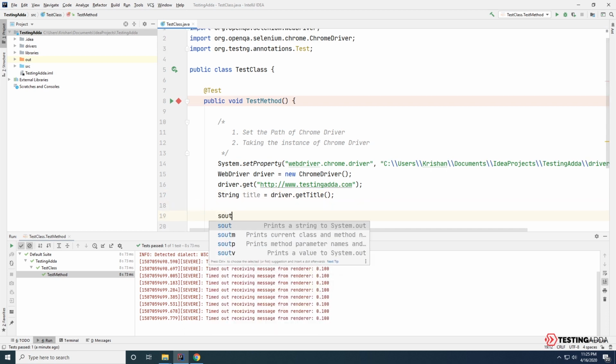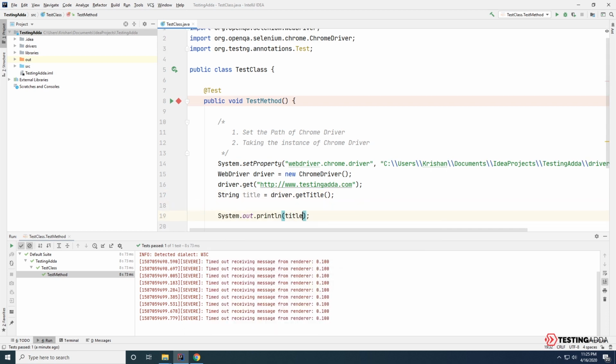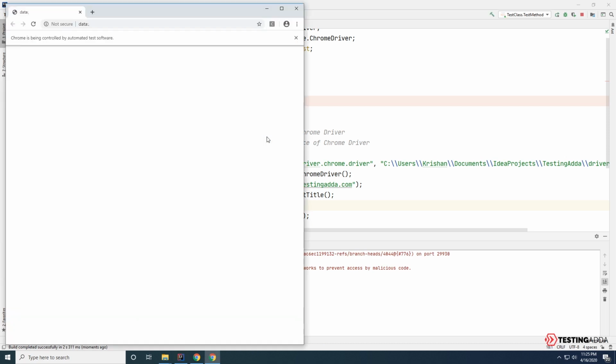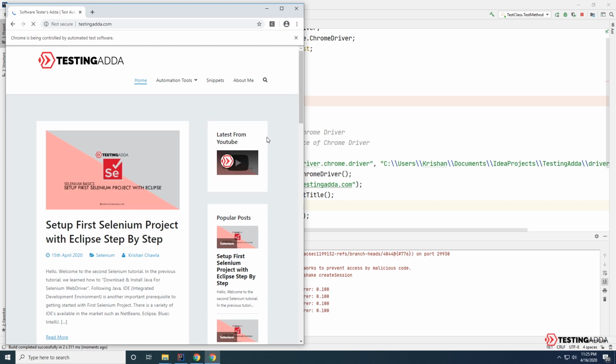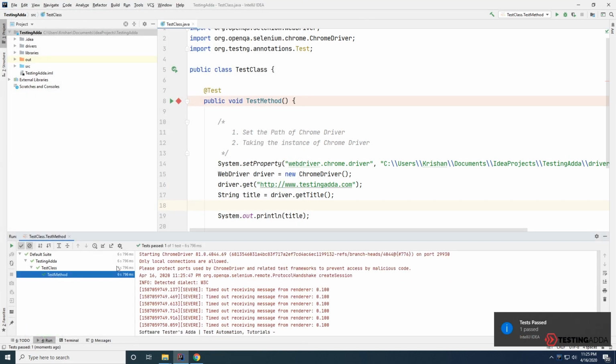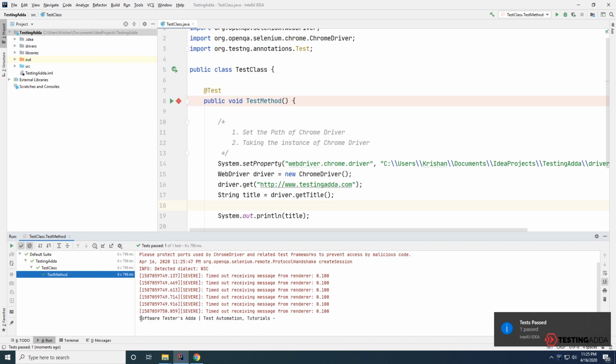I'll go ahead and try to print this variable. Run the test case again. So here the test case passed again. If we look over here, we can get the title. So it is Software Testing Adda Test Automation Tutorials.